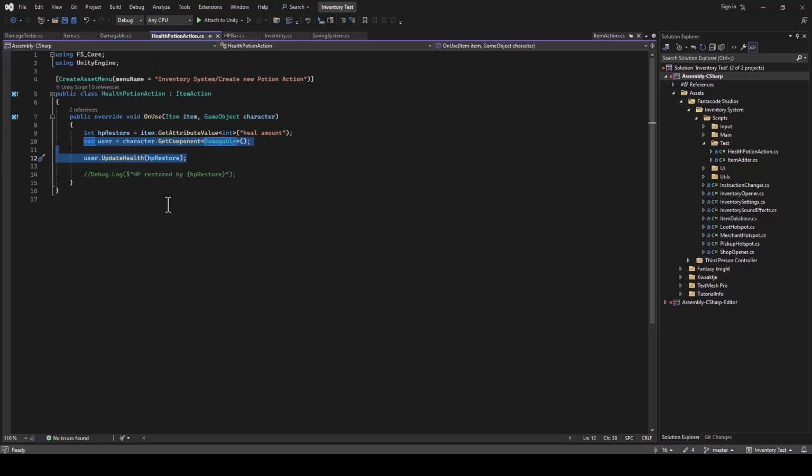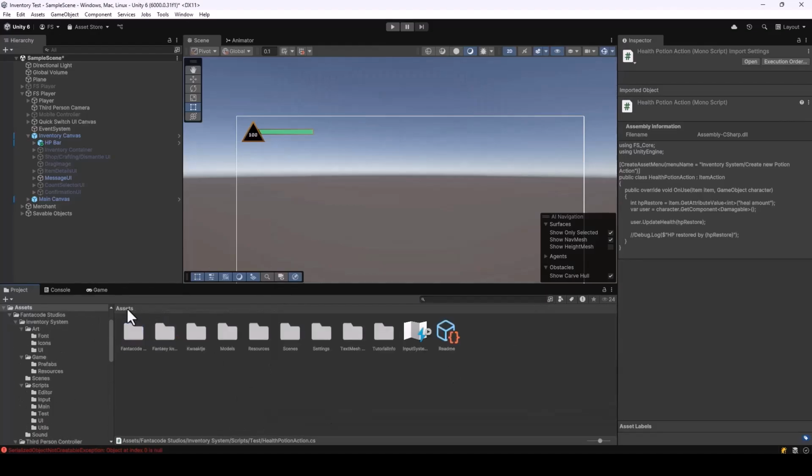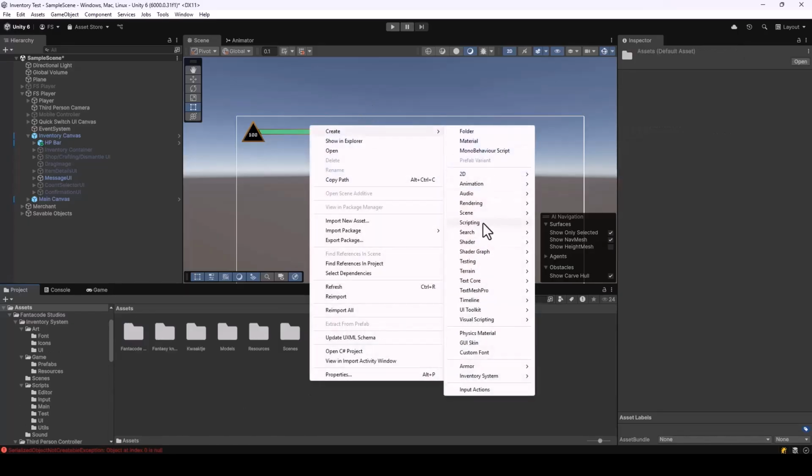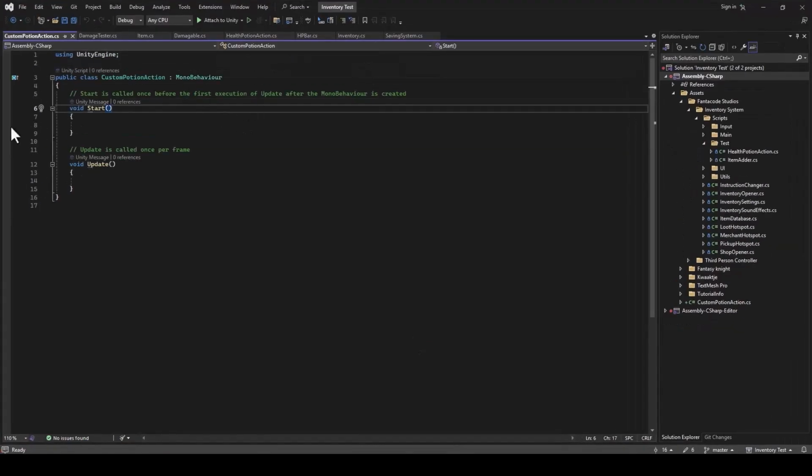So let's look at how to add an action from scratch so that you'll get the full picture of how to implement custom actions. Okay, so for creating an action, first we have to create a script that inherits from item action. I'll just go ahead and create a script over here. I'll create a mono behavior script and I'll call this custom potion action. Let me just open up the action in Visual Studio